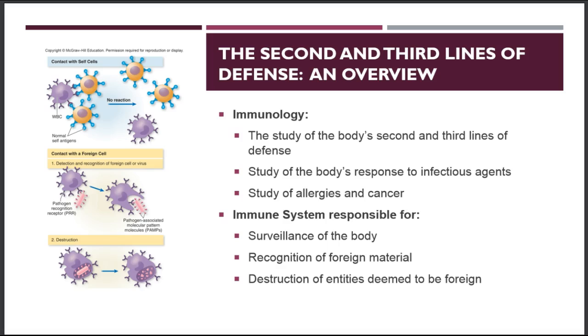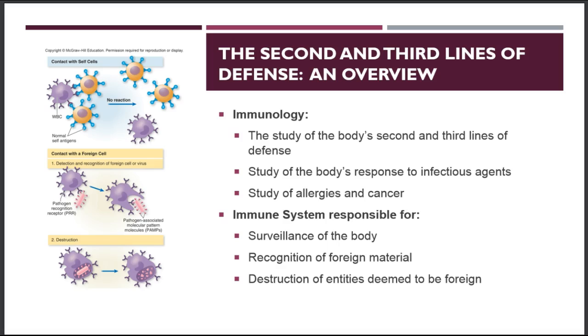All right, so in the next couple of chapters, we're really going to be getting into immunology and the immune system and how our body tries to fight and prevent infections. So immunology is really the study of the body's second and third lines of defense. It's studying these specific chemicals, cells, and processes. It's also a study of the body's response to infectious agents and the study of allergies and cancer. So we're not just looking at bacterial infections or microbial infections, but the study of immunology also includes